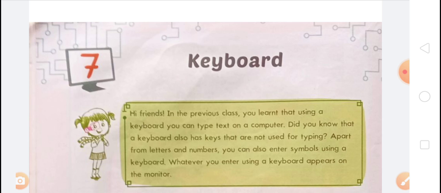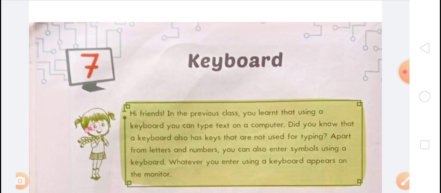In the fourth chapter, we learned handling a mouse and touchpad, with the subtopics computer mouse, mouse actions, and touchpad. In chapter 5, we learned more on MS Paint: the paint window, pencil tool, eraser tool, fill with color tool, color picker tool, text tool, brushes tool, drawing sheet, saving a drawing, opening a drawing, and closing paint. In chapter 6, we learned more on Tux Paint: starting a new drawing, lines tool, shapes tool, text tool, magic tool, and saving a drawing. And now we have to learn chapter 7, that is keyboard.